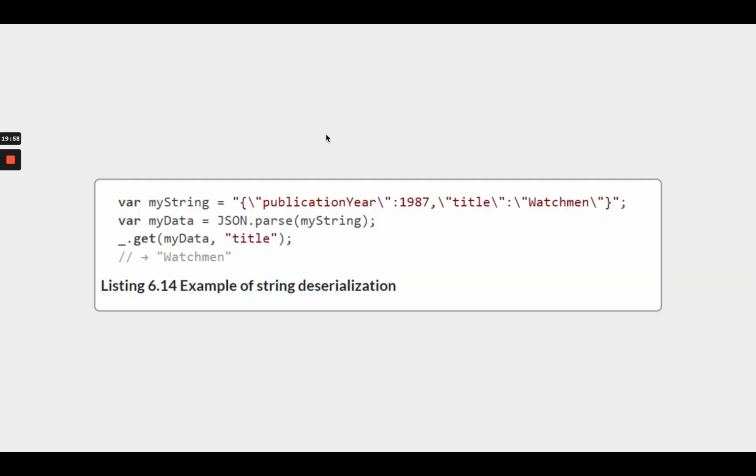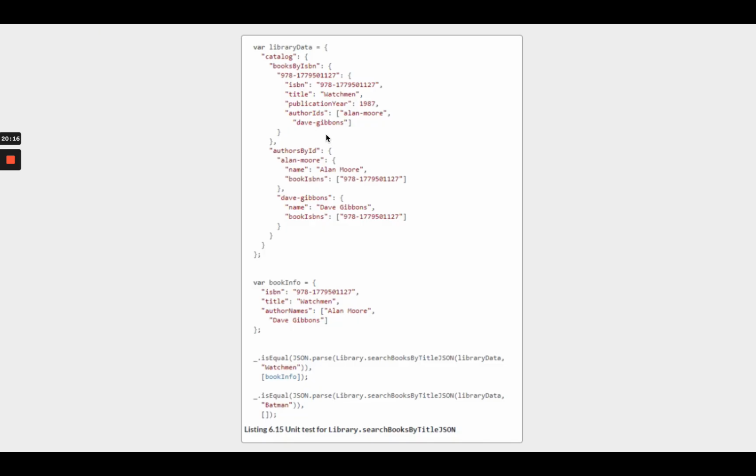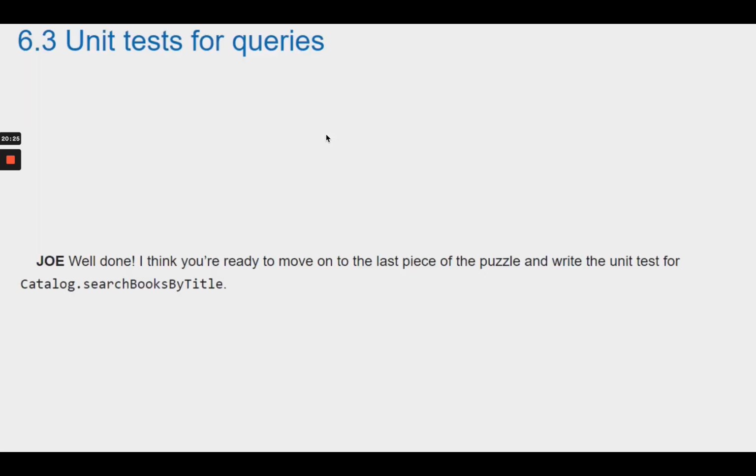Joe retrieves his laptop and shows Theo an example of string deserialization. The code illustrates a common usage of JSON.parse. Theo: Cool! Let me try writing a unit test for library.searchBooksByTitleJSON using JSON.parse. It doesn't take Theo too much time to come up with a piece of code. Using his laptop, he inputs the unit test. Joe: Well done! I think you're ready to move on to the last piece of the puzzle and write the unit test for